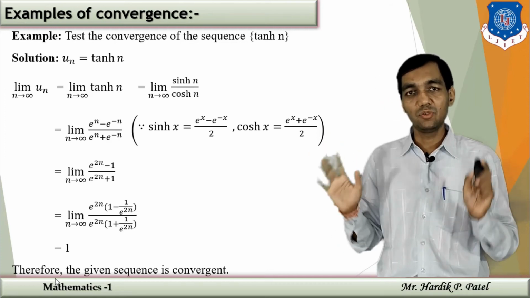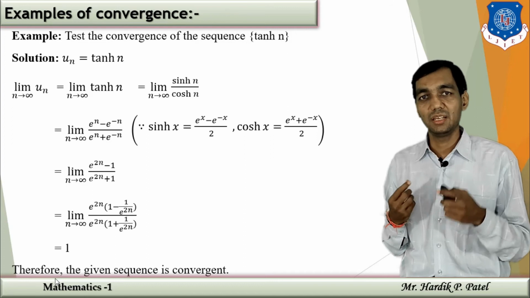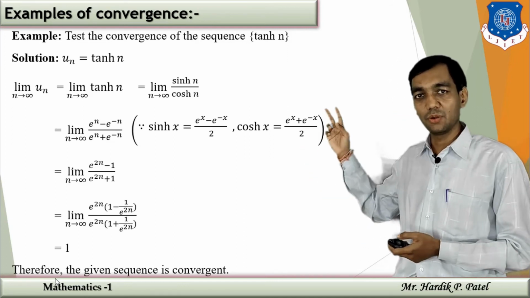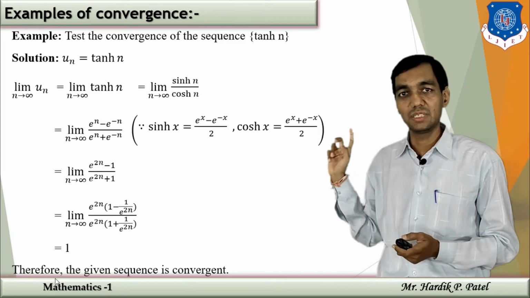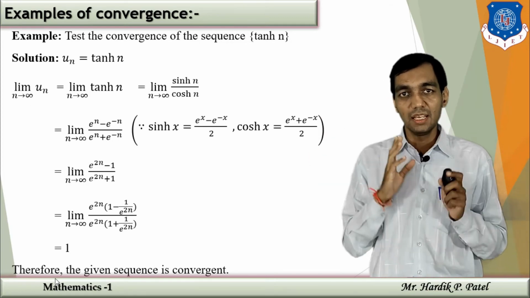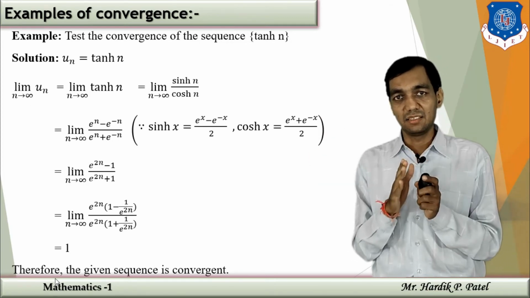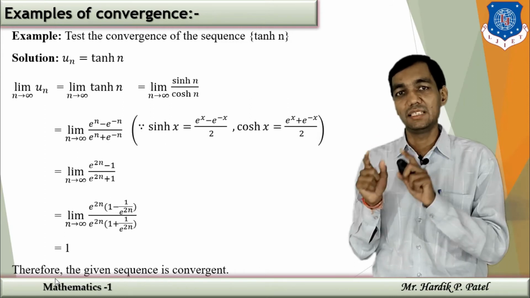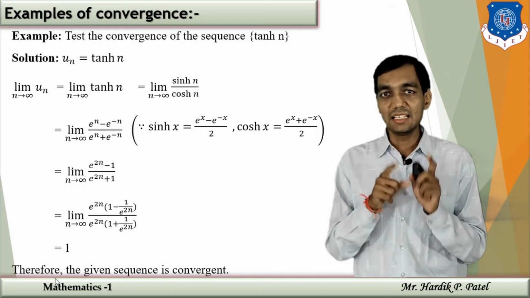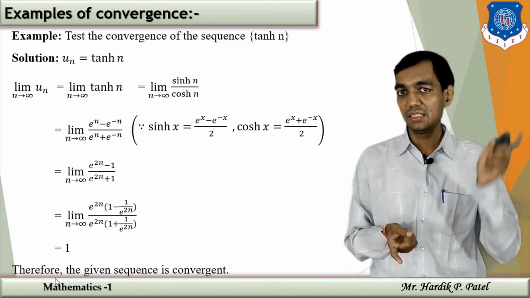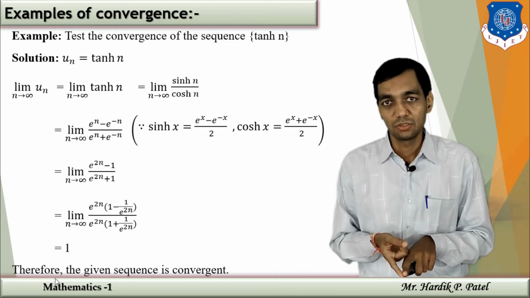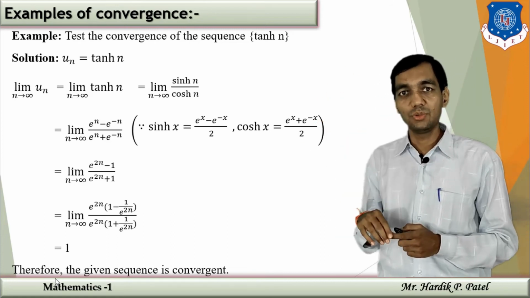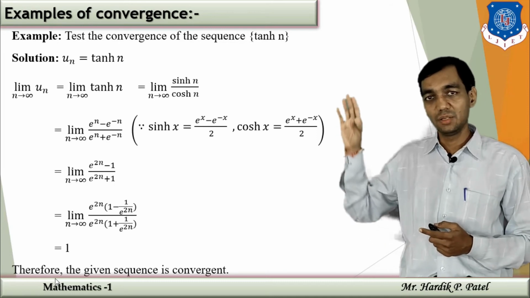So in the same manner as we have defined in trigonometry, here we are going to define the remaining hyperbolic functions. We only use these two basic definitions of sine and cos hyperbolic. Here please remember sine h of x is not sine of hx. See, h is not treated as a constant, it is a notation for hyperbolic. So please remember it. Now since un is equal to tan hyperbolic n, it is nothing but sine hyperbolic